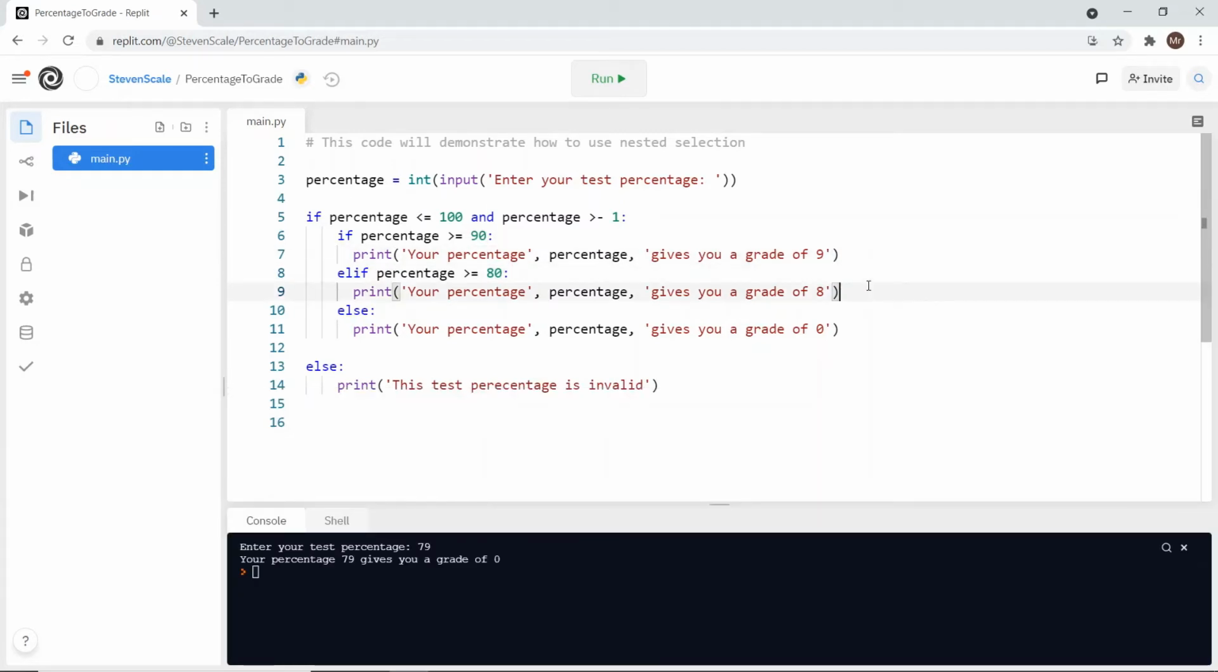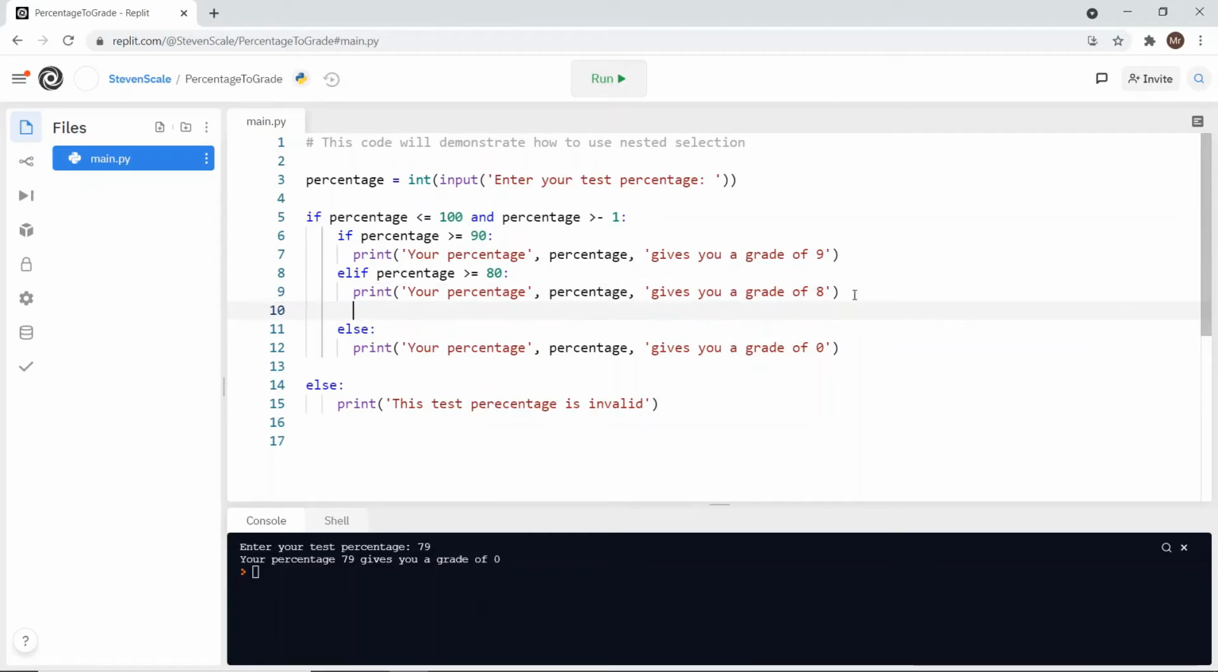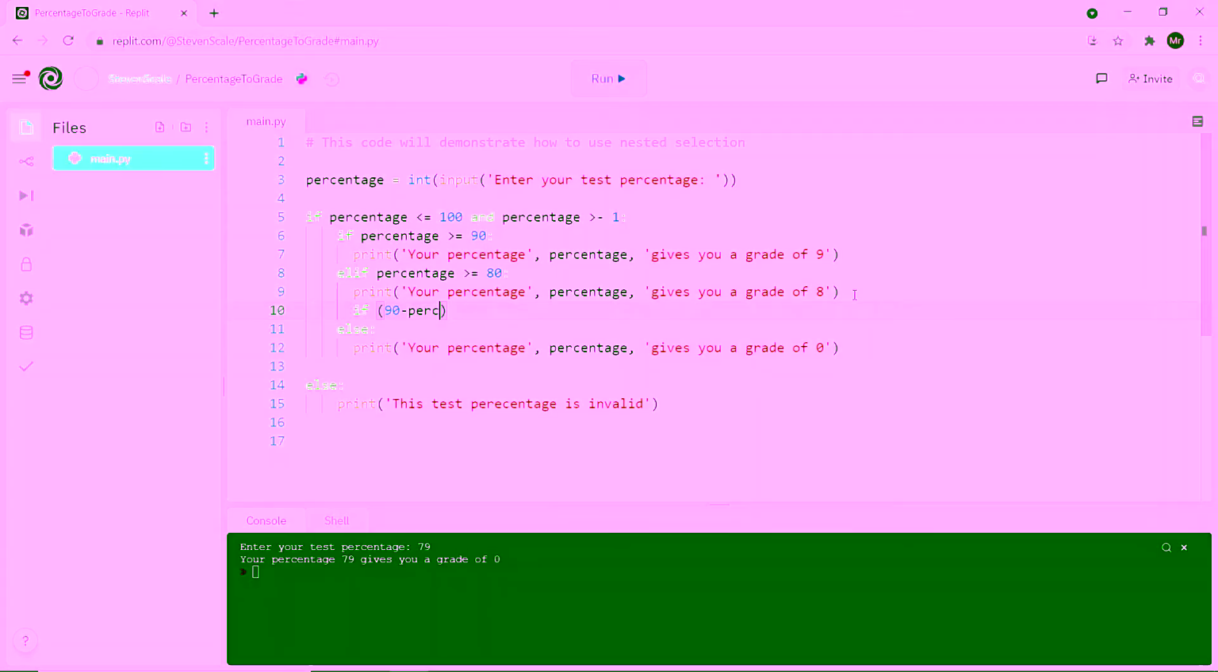Okay, so what I now want to do is I want to do an extra check for grade 8 being close to 90. So what I'm going to actually do is I'm going to go to the end of the line that reports a grade 8, and I'm going to put in another if statement. So I'm going to say if 90 minus the percentage that that person has